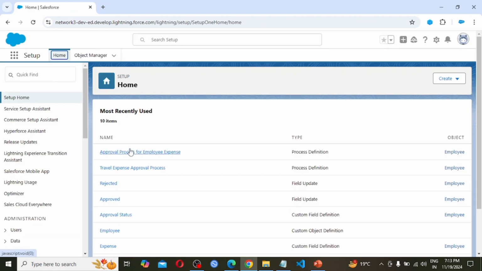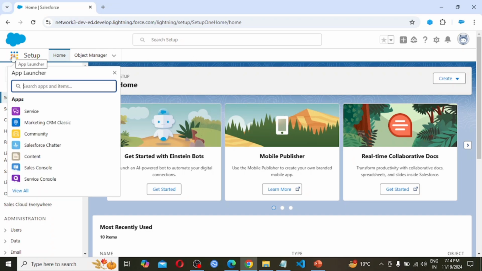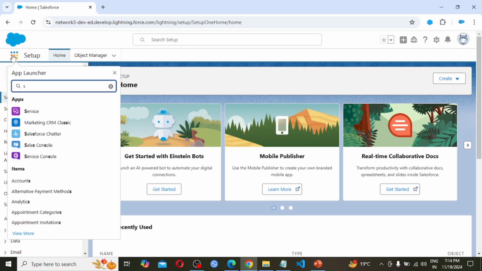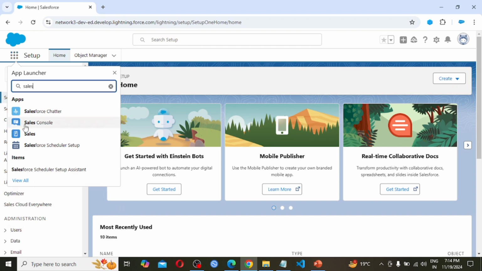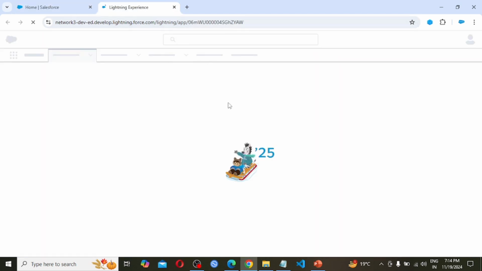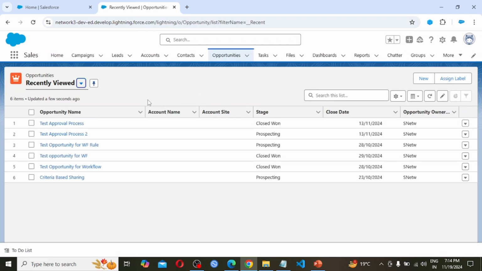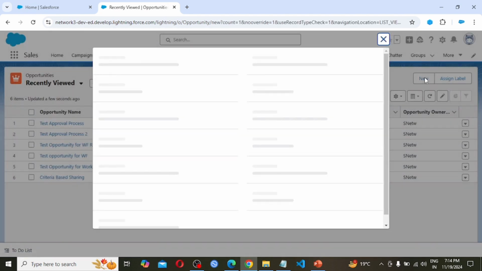So before creating the flow, let's see the opportunity and account object. From the app launcher, I need to search for sales. Right click, open link in new tab. So here, the opportunity object is this one. This is an opportunity object having the fields